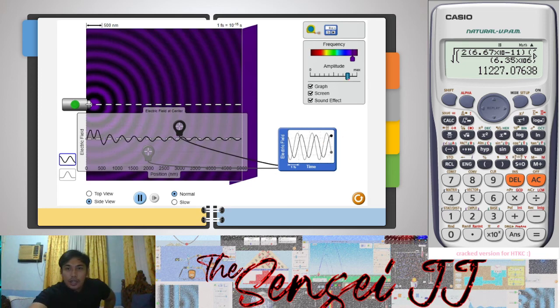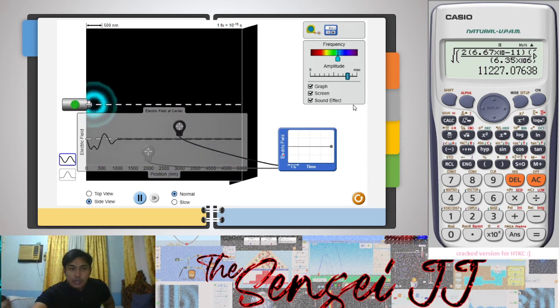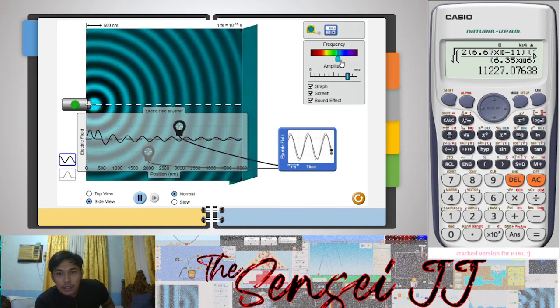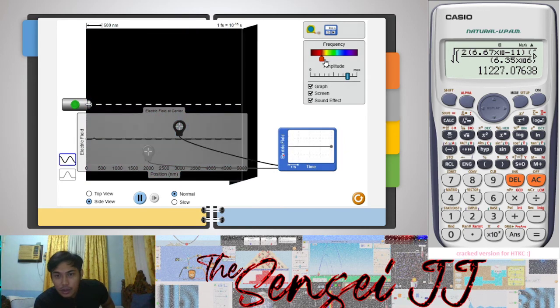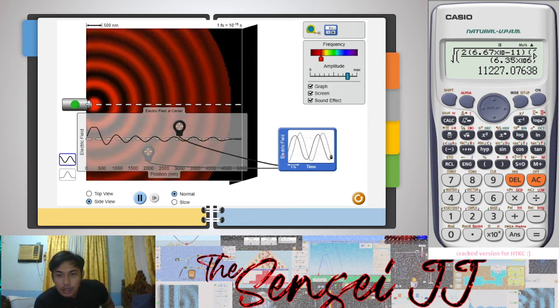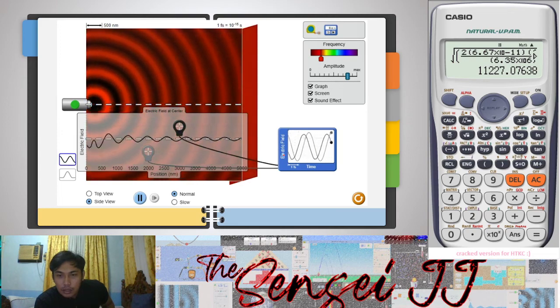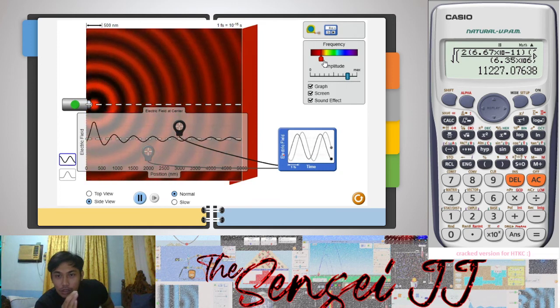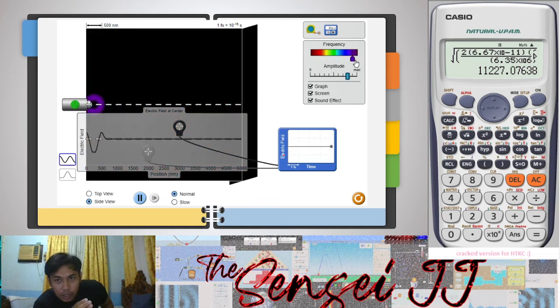And as you can see, the movement of the waves is greatly affected when the light colors are being changed. So let's try to look at this. The first is the turquoise. As you can see, it's fast, but it's purely constructive. While when we switch to the red light, it's a little destructive, but constructive as well. But as you can see, it's a little slower than our turquoise.